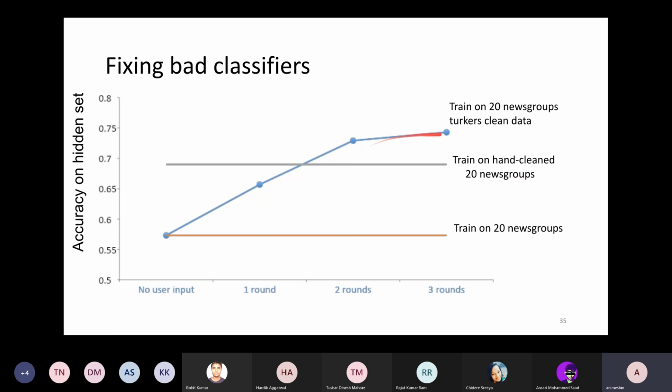Already there is a saturation trend, and after some time, say in another 1 or 2 rounds, things will saturate to something around 80%. So depending on the investment and the accuracy requirements in the wild, you have to choose the number of rounds that you want to go for, because every round has a cost and